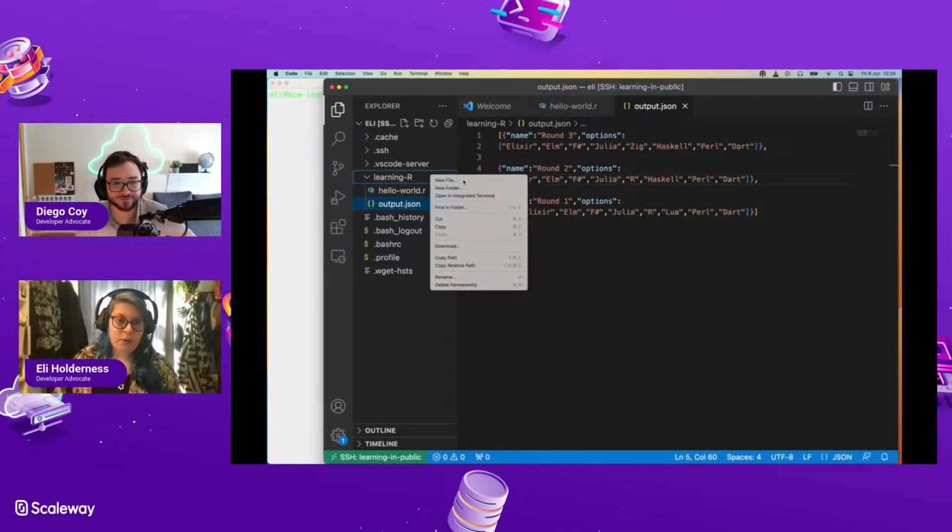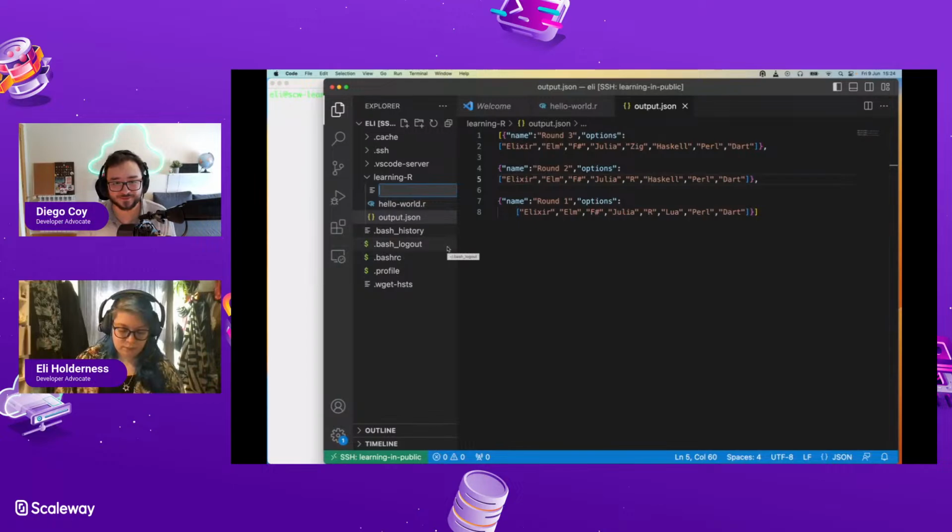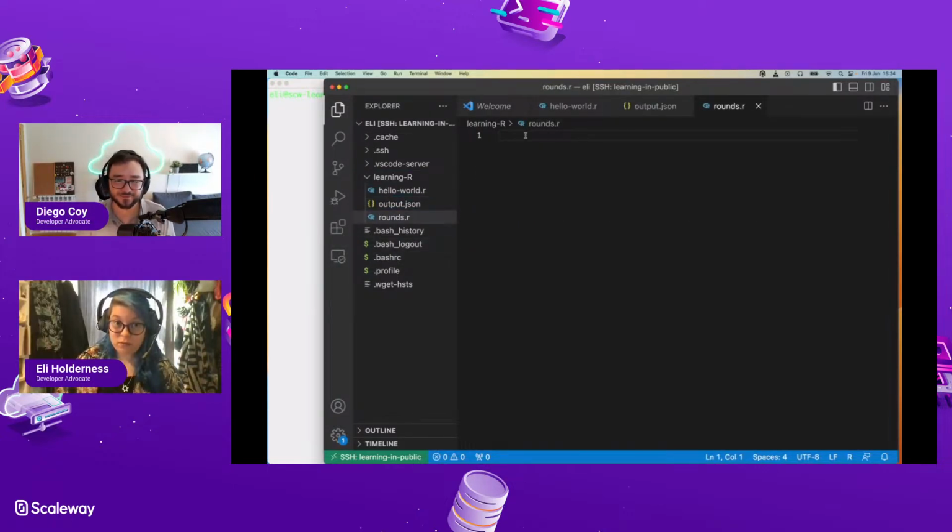Right. So I'm just going to call this rounds.R because this is going to be my code that does this. So what I'm doing is I'm assuming that hashes give me comments here. So poll existing endpoint for JSON. I'm going to extract latest round of choices.